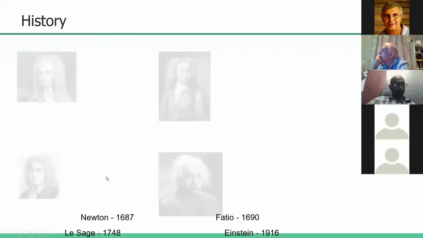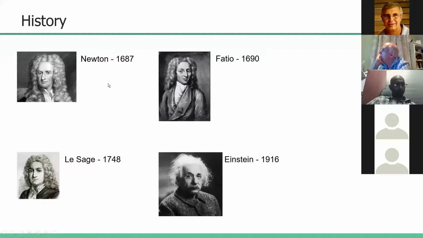History of gravity. Since Newton in 1687, when he published his Principia, there have been numerous attempts at what I am presenting to you here now. It's also mostly known as push gravity, which became known by Lesage. The first person to do it, though, was Fatio in 1690, who happened to be a close friend of Newton at the time. He tried to convince Newton that gravity really had to happen because of a push, not a pull.